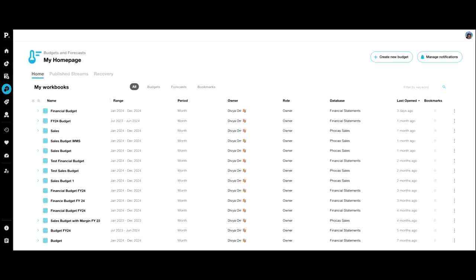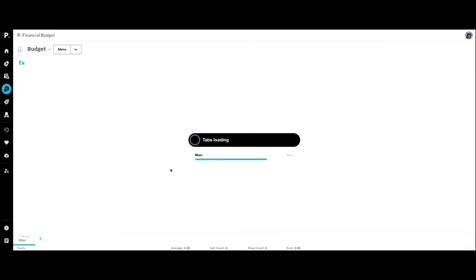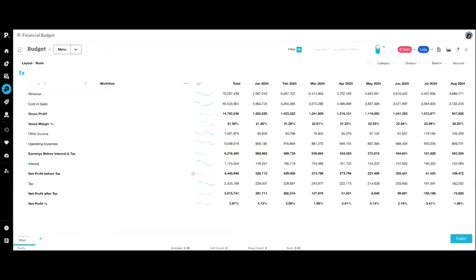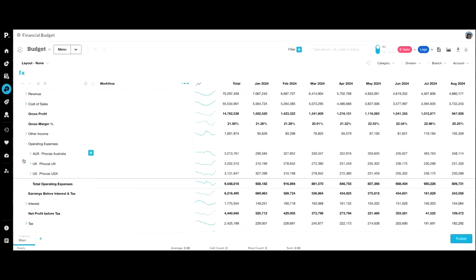But what's nice about it is it's one live version of the budget at a time. So you're not downloading multiple views in Excel, sharing that to different users as they modify and enter in their new values, and trying to figure out who entered what. And if you're in the latest version, it's all going to be live. So if we go into the financial budget, for example, here I can see I've got that exact P&L layout that we were just looking at in the financial screen before, and I can see all of my actuals for revenue, cost of sales, other income loaded in here, and then I can drop down each of these categories,